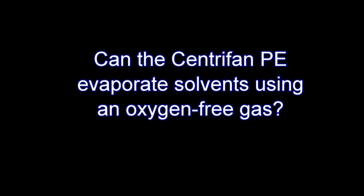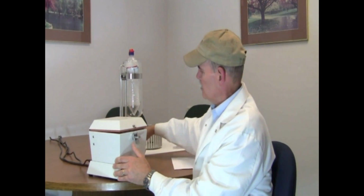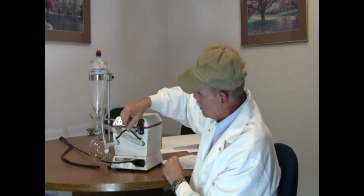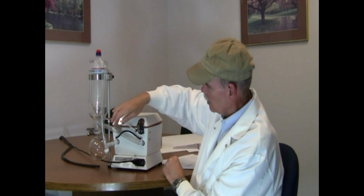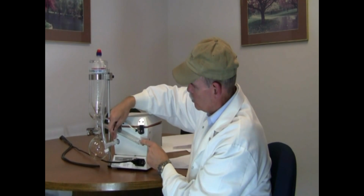Can the Centrifan PE evaporate solvent using an oxygen-free gas? To do oxygen-free drying in the Centrifan PE, there is the ability to introduce an inert gas at the rear of the instrument. When it's shipped normally, there's this jumper tube between the inlet and the outlet. By removing this tube from these two barbed fittings,